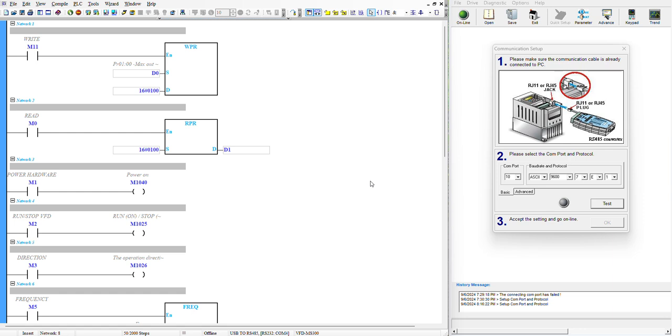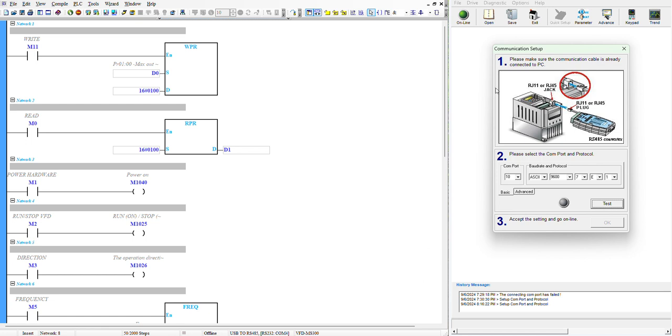Hello everyone, today we will discuss how to use the Delta VFD MS300 in PLC mode. In Delta VFD we can use the VFD in PLC mode. How we can do this and how we can program it, today we will discuss with you. I'm using Delta VFDSoft and also ASPSoft, I'm using both to explain how to use the VFD in